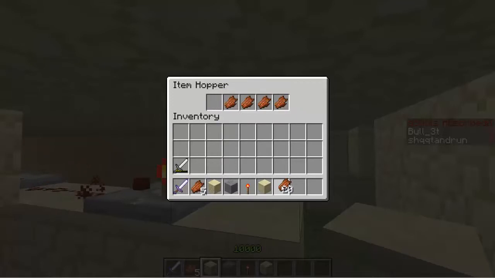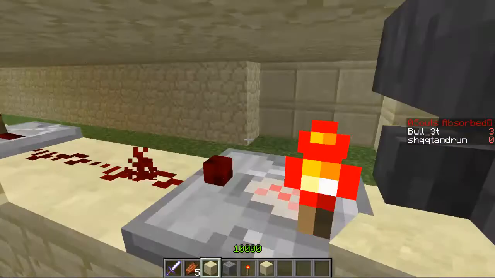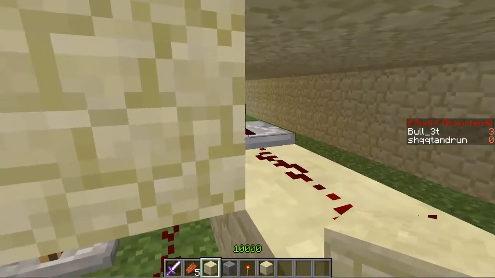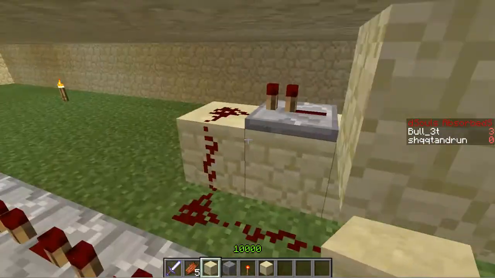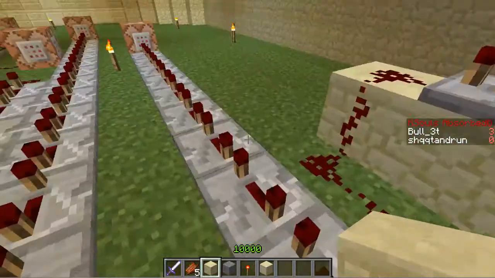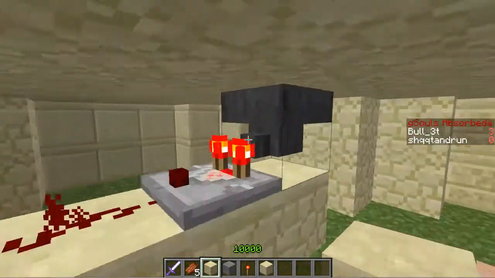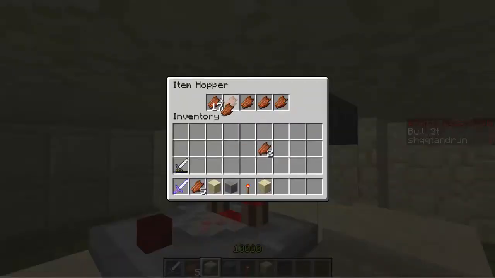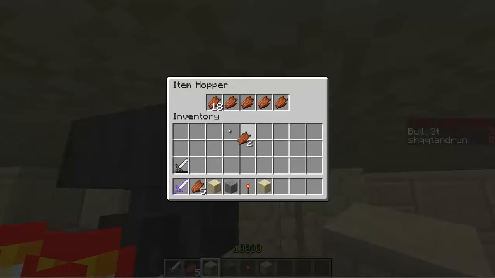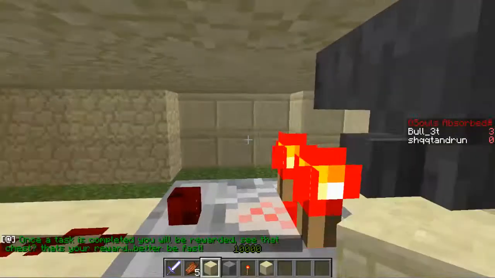And basically, how this is done is there is 17 rotten flesh in here. As you see, with 17 rotten flesh, this signal isn't strong enough to go 2 blocks and activate this repeater over here, which we have set up, which will basically not allow the signal to be sent all the way throughout here. But when we add 2 more rotten flesh, it has to be 19, you'll see